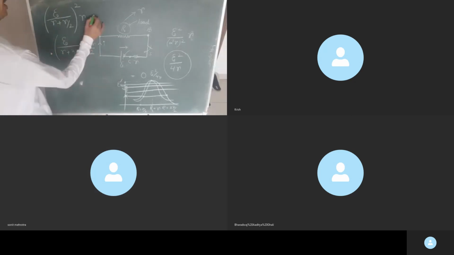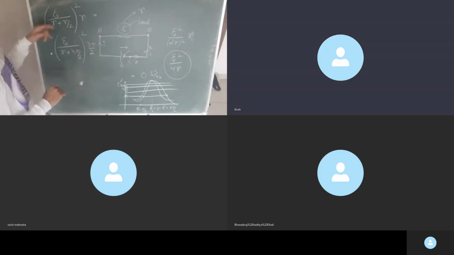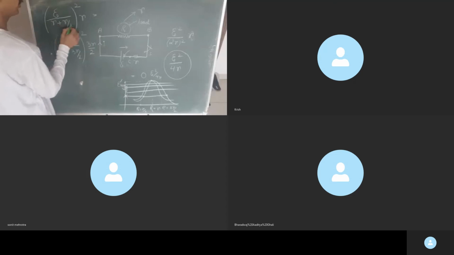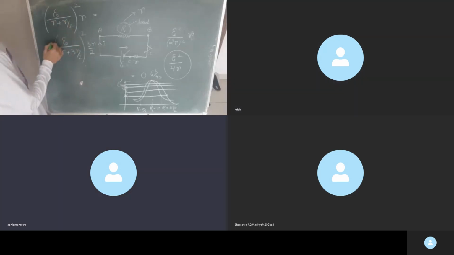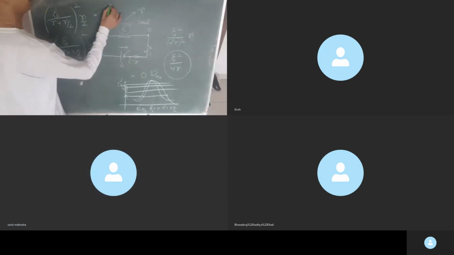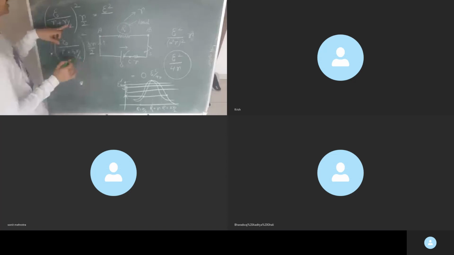So we have taken two cases and we want to find the energy consumption relation. What will this get you? This will get you 3R by 2 in the denominator, so we'll multiply with R by 2. E square into R, E square into R. This is R by 2. Correct. This will be the energy consumed by this. So what will it be? E square divided by 3R by 2. Correct.